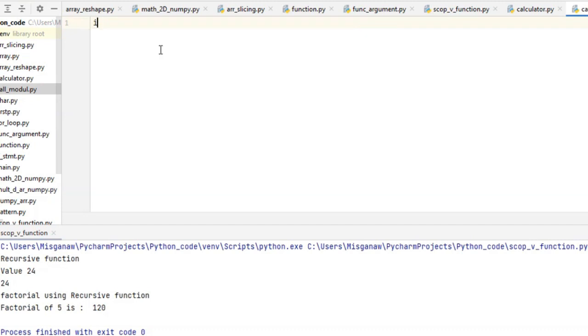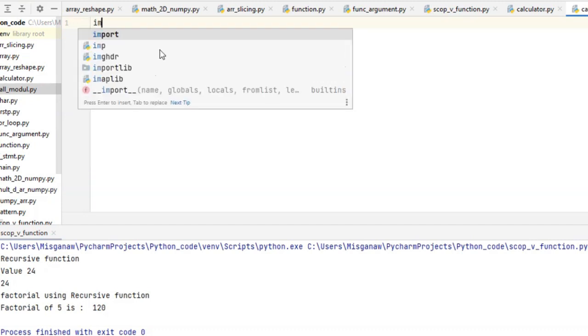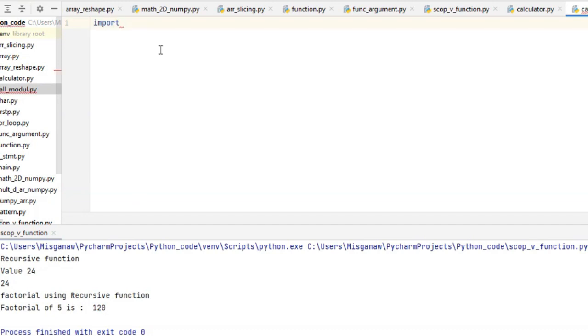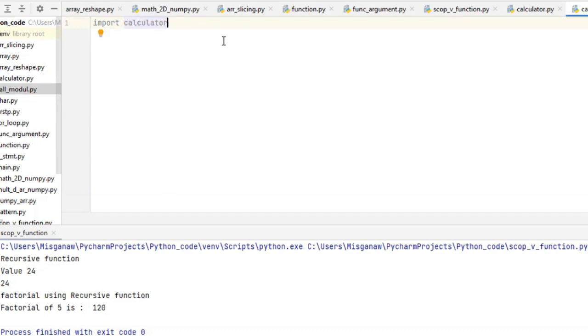Now what I'm going to do is import the calculator Python file. Simply import calculator. Now I have imported calculator, so I can call each individual function from the calculator Python file in this call module Python file. For example, print